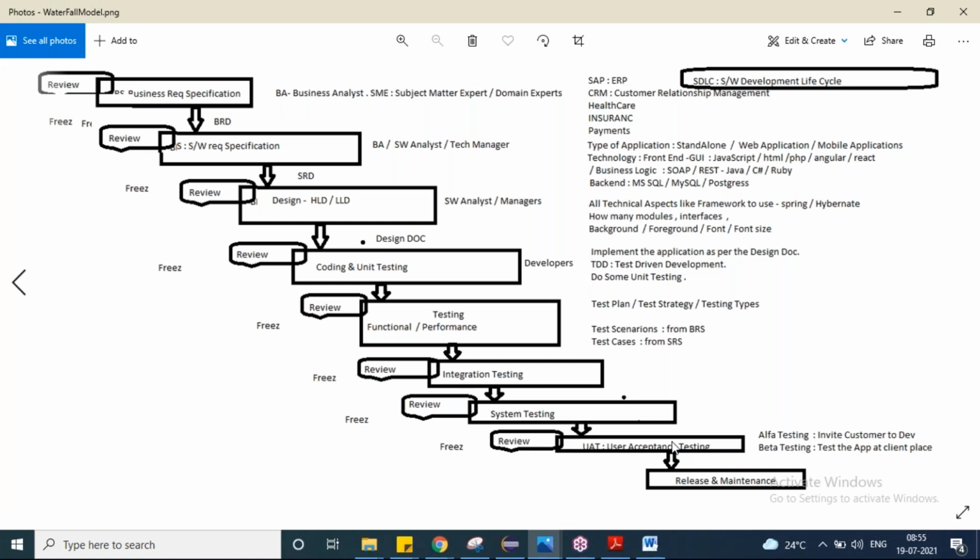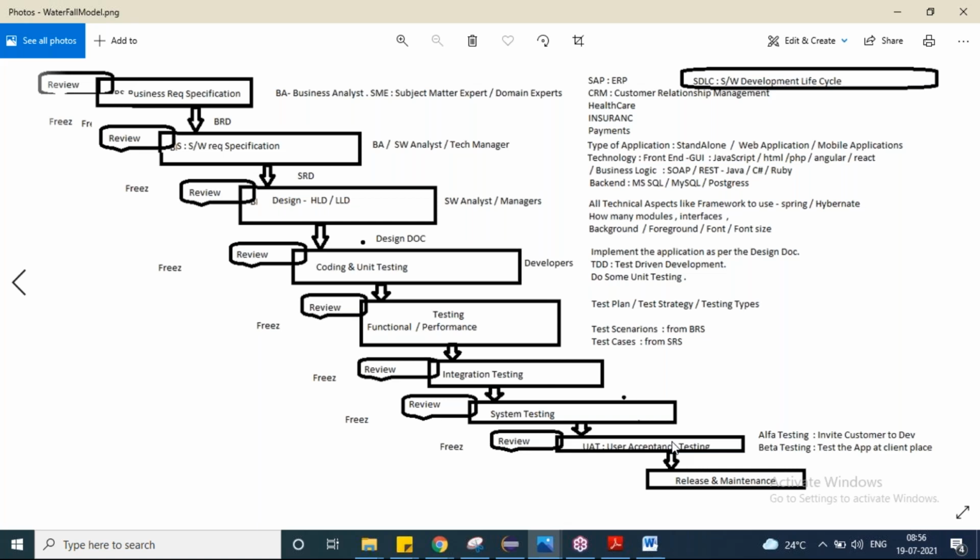And later on, what happened is, we started doing something called beta testing at the client location. So what we do is, we send our representative, who is an expert in installing the application and doing the setup. He will go to the client location, set up their environment as per the requirements, and demonstrate the application again in the client environment.